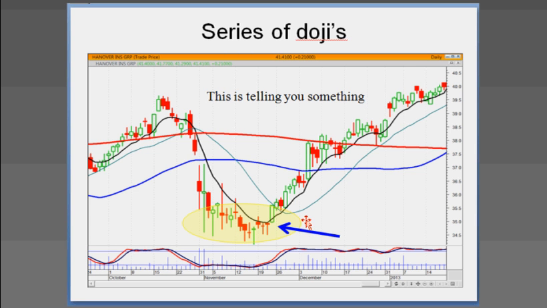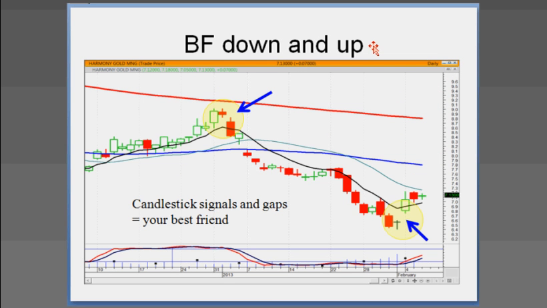Like in fundamental analysis, we don't have to be buying something with the anticipation that it might go up if everything works and everybody else likes it. We can see exactly when everybody else is liking it. Whether we're going long or short, we can scan right now for their best friend, a doji followed by a gap down.